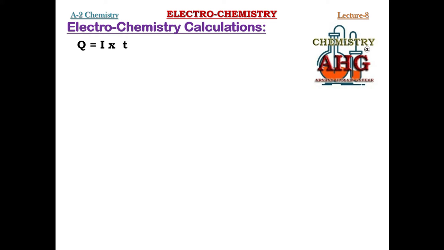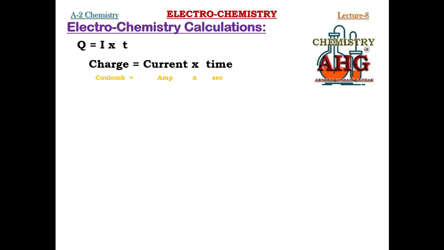Now most of you are familiar with these variables we are using in this formula: Q, I and T. What is Q? It is the charge, I is the current and T is the time. You must also remember what are the common units that we use for these variables in this formula. Charge, mostly it is expressed in terms of coulombs, current in ampere and time in seconds. So these are the common units we use for these variables in this formula.